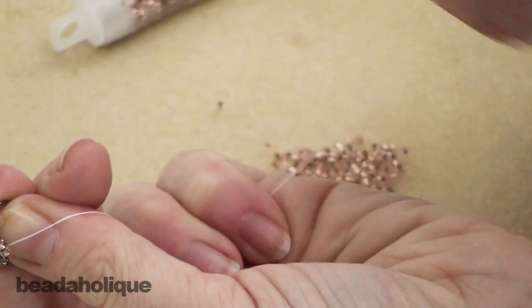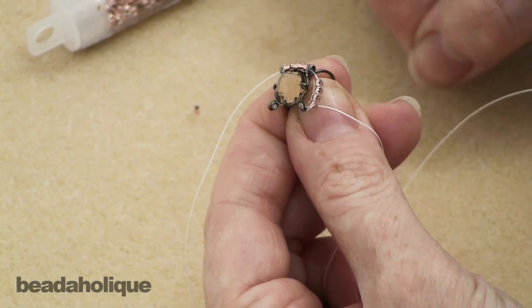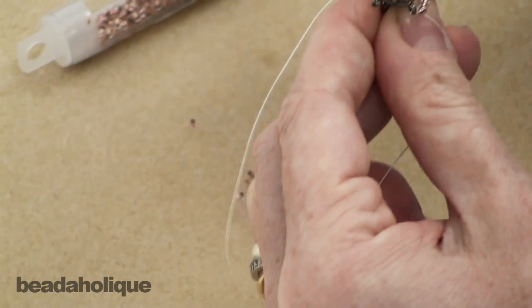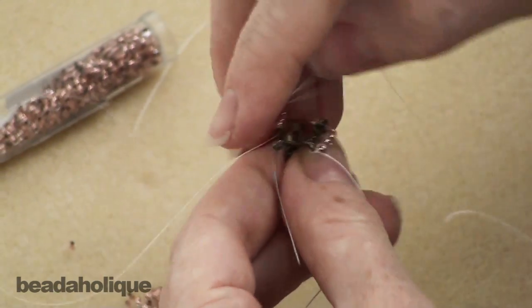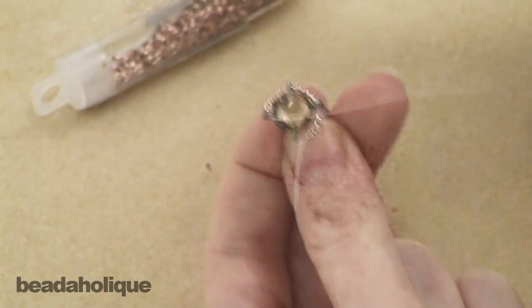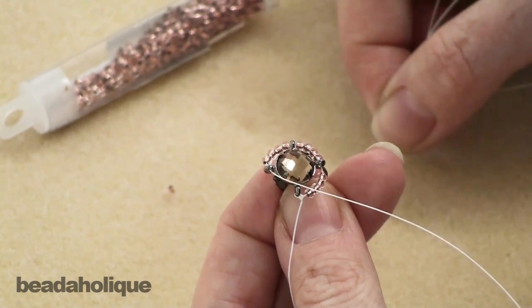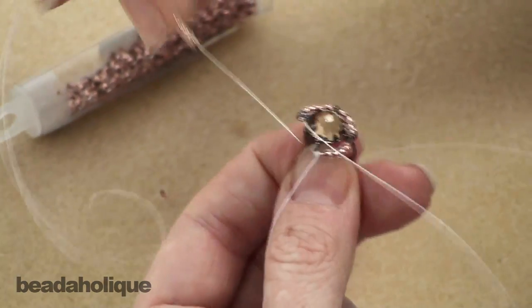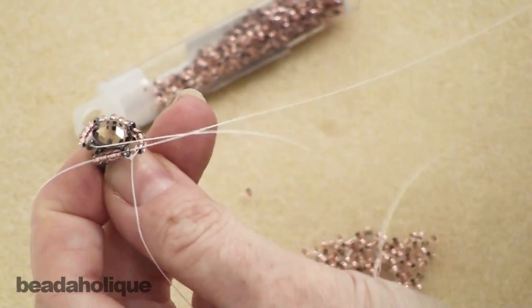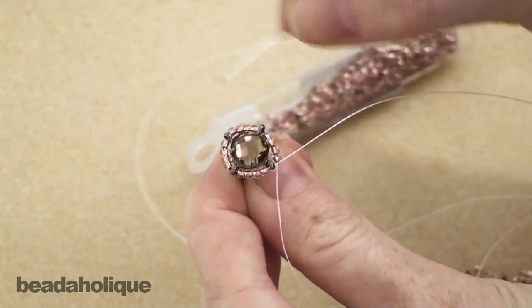And you can see I'm actually holding the tail just so that it's out of the way. 1, 2, 3, and 4. So we've now got 3 sides completed, 1 more to go. So 1, 2, 3, and 4. We're going to go up through the loop. So we've made a complete round,